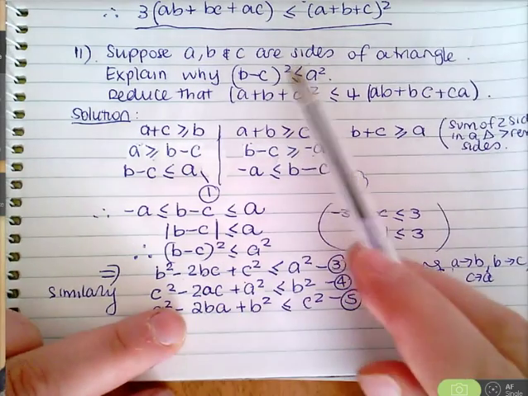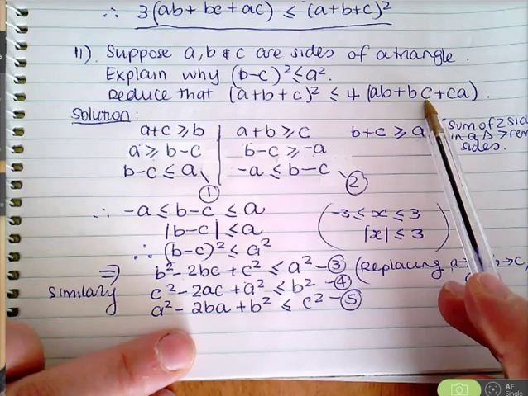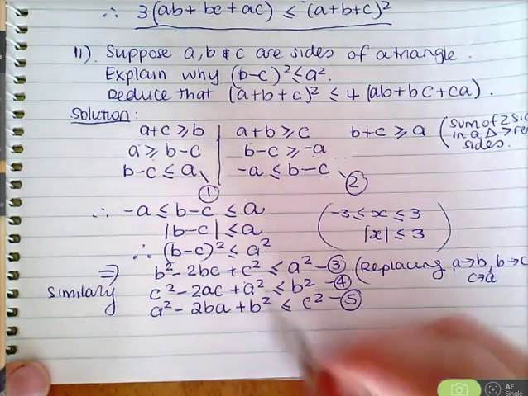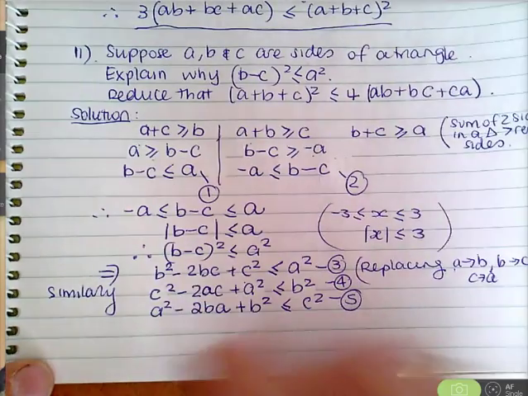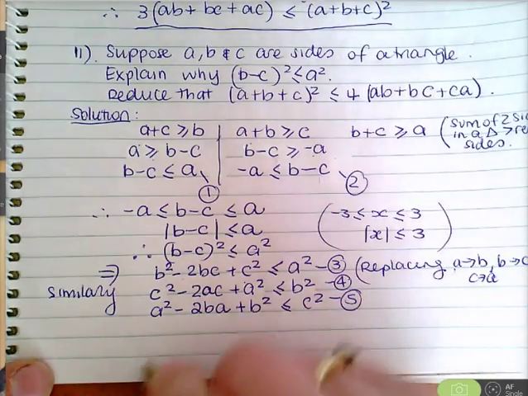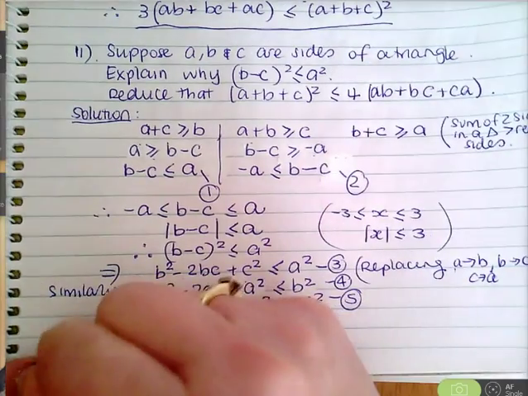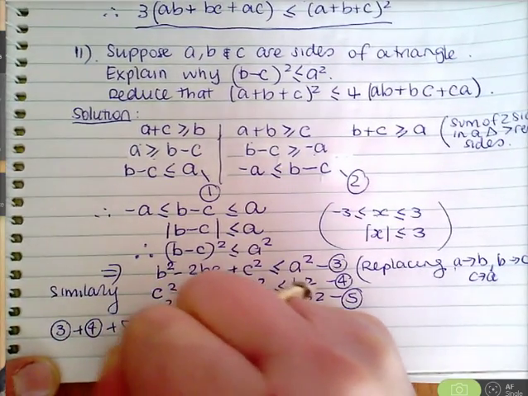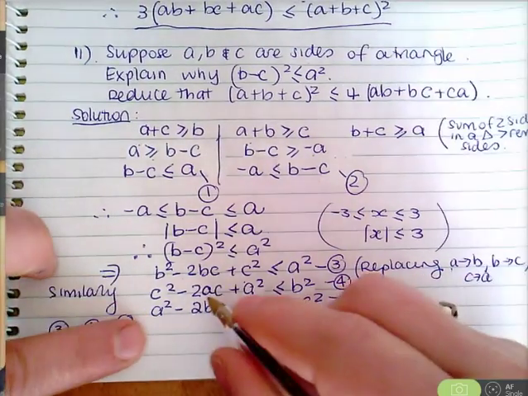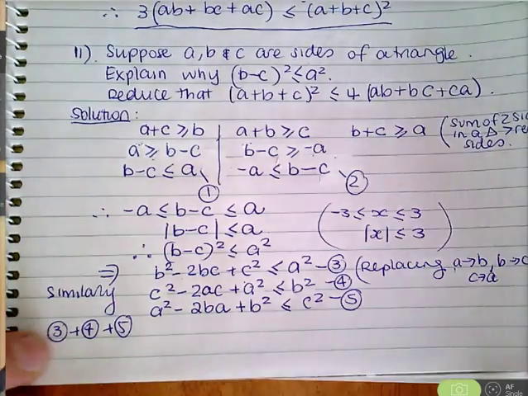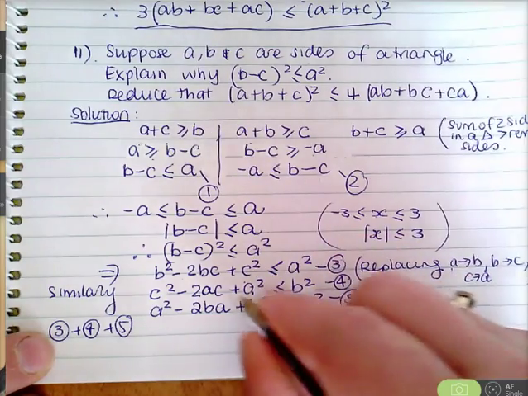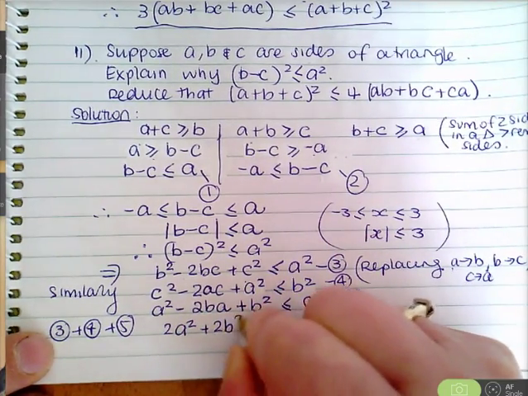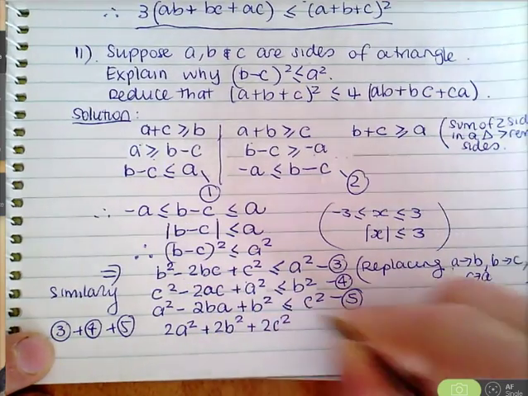Now we're trying to come up with this expression here. Okay, we can combine all of these. So if we're adding equations 3, 4 and 5, 3 plus 4 plus 5, we would get 2 lots of A squared plus 2 lots of B squared plus 2 lots of C squared